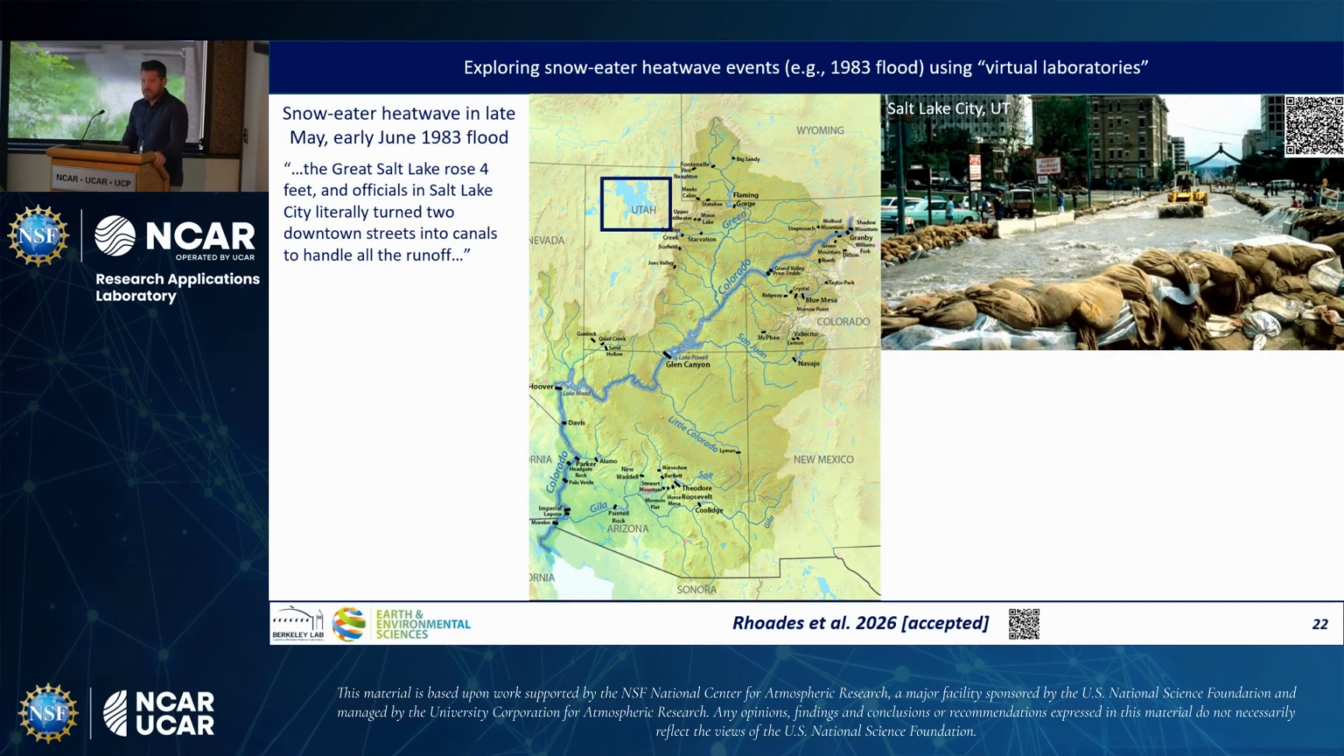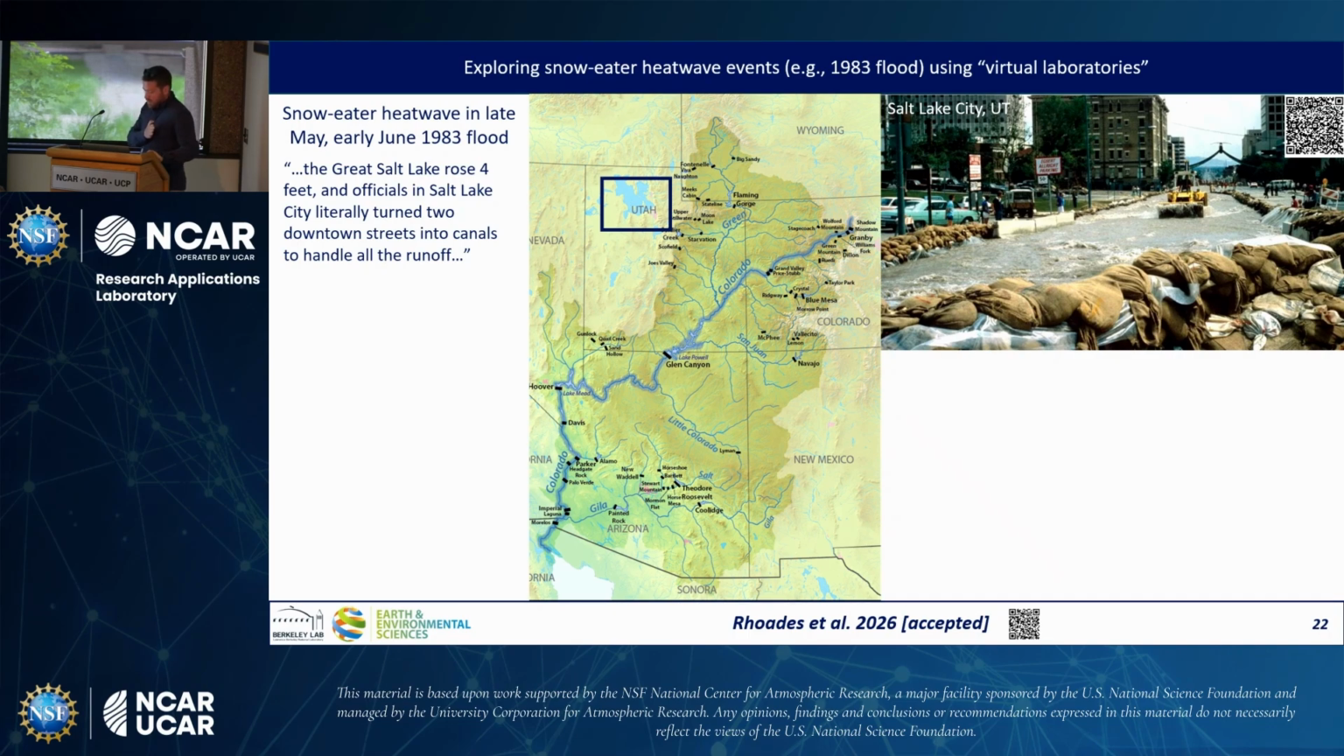Okay, so we're going to switch gears a little bit now and talk about this other 1983 event that I mentioned. And this is a different driver of snowmelt extremes. So this is an example of a snow drought heat wave. And pretty remarkably, in 1983, in late May and early June, the Great Salt Lake